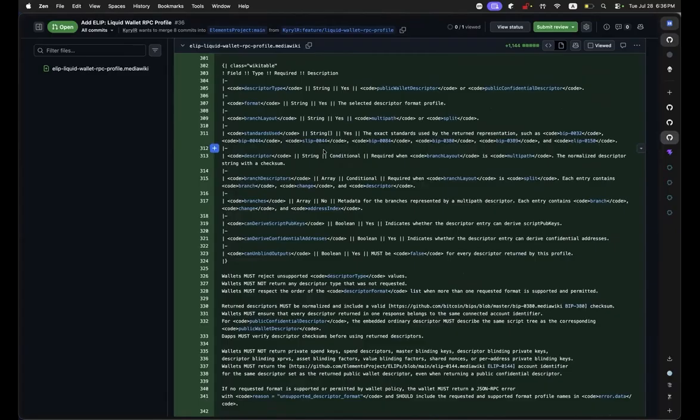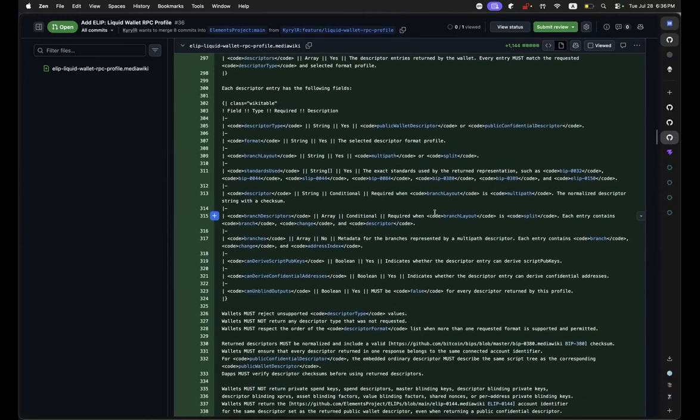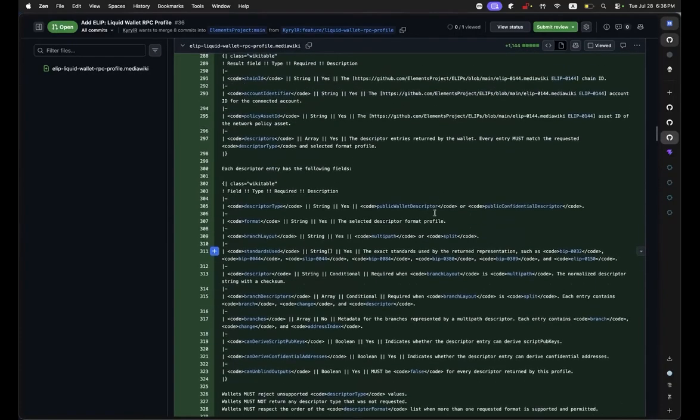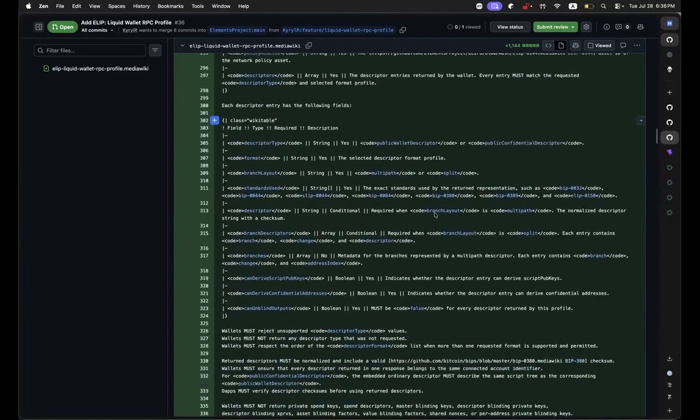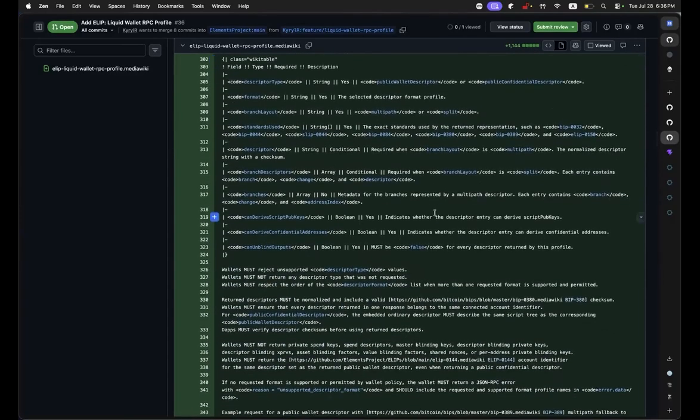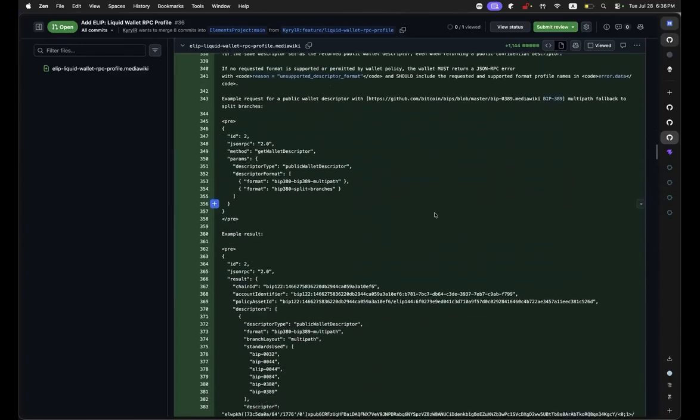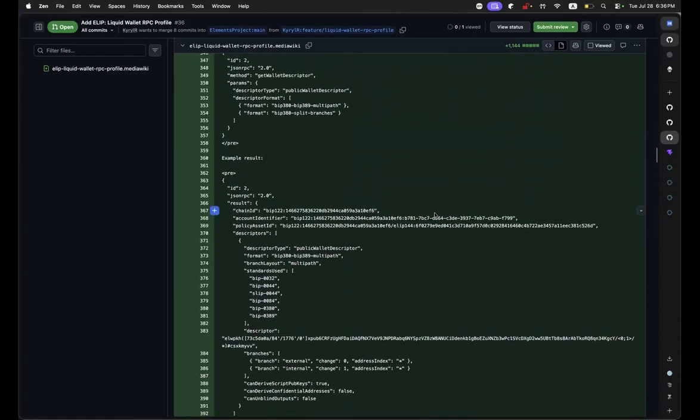I believe this is all from my side. If you have any questions about how you can integrate asset verification into your dApps right now, you can ask, or we can talk about it in Telegram, in the Simplicity community channel. And if you have any questions about why the Liquid wallet RPC methods were implemented as they are, why particular fields are as they are, and what the trade-offs are, you can also ask those in the Telegram chat. But overall, hopefully I covered